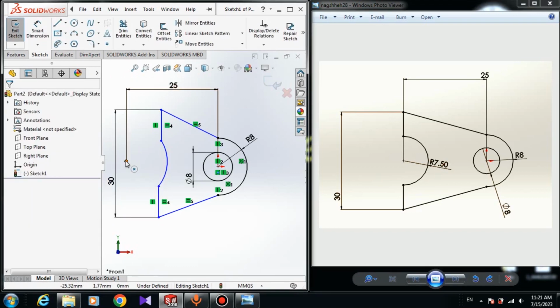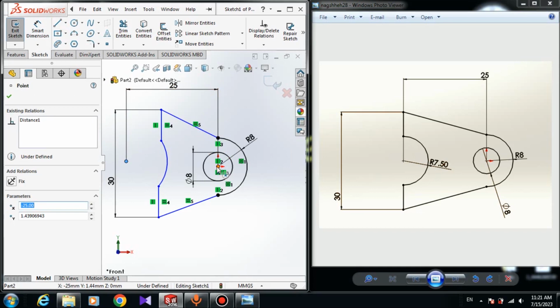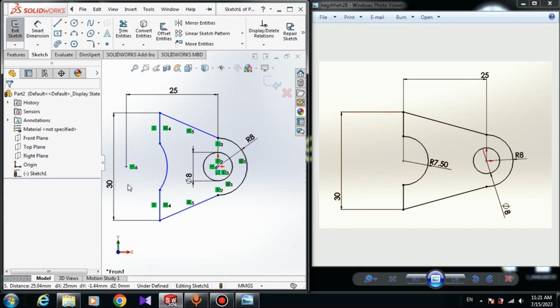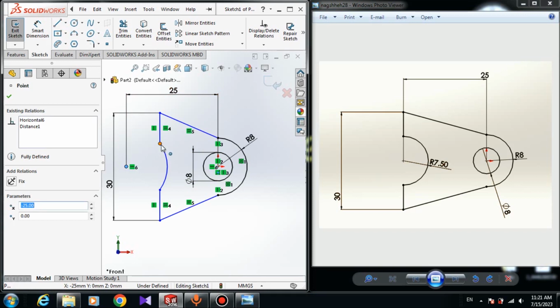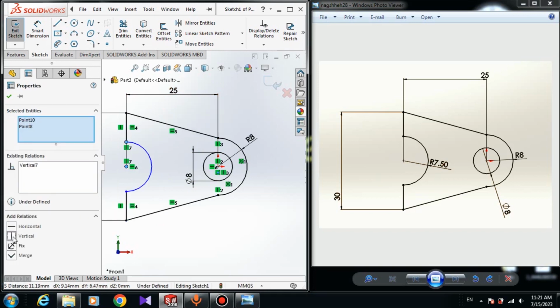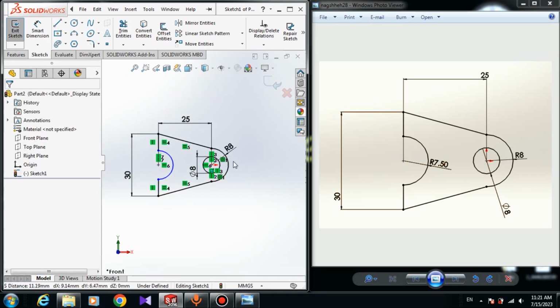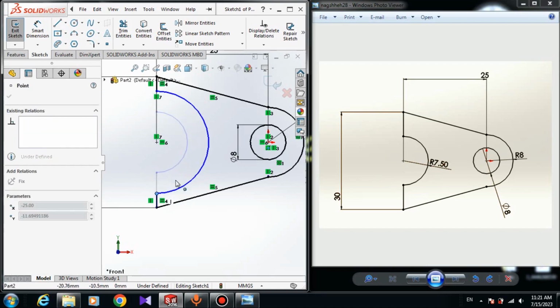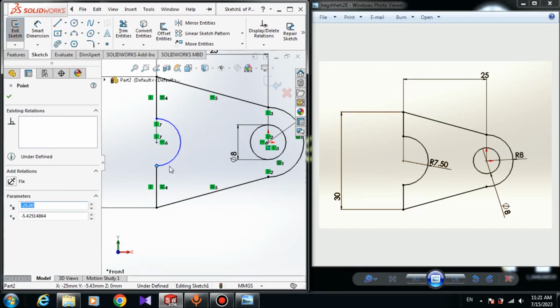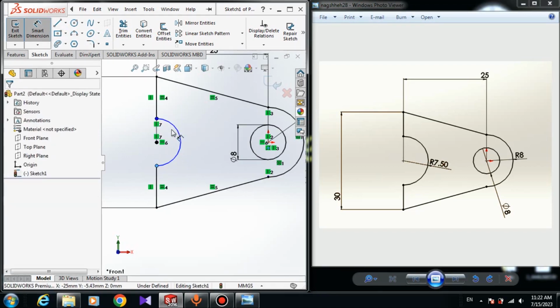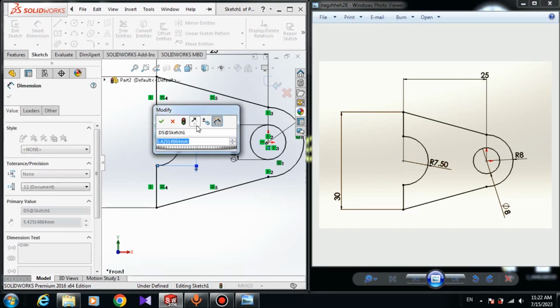And now we have to make this point horizontal to the point here. Now it is horizontal, and this point is vertical to the point here. So I give it vertical relation. You can see the color of the entities are turning to black, but our sketch is still underdefined because the sketch is moving. All we have to do is just give this arc dimension of,